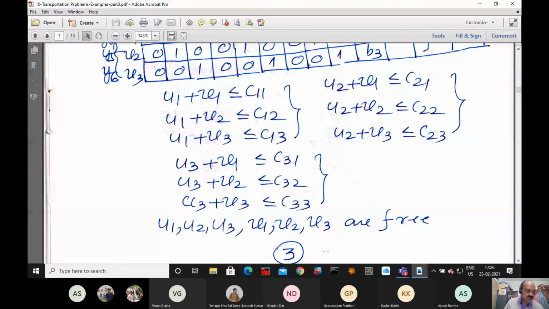Anybody could not understand? Please tell me. How do you obtain the dual problem? This dual problem is difficult and your solution depends wholly on the dual problem. If you are unable to understand this, then you cannot realize how you have got the solution, right? Is there any problem? Tell me.